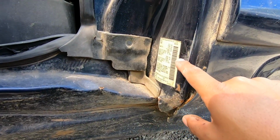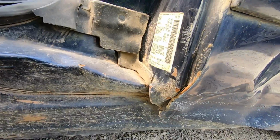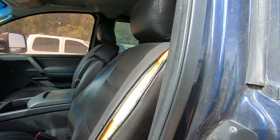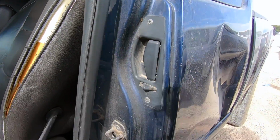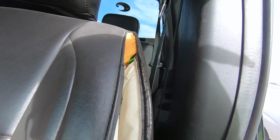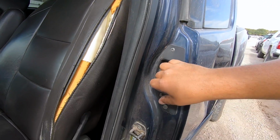There's definitely pillar damage. Or wait, this door opens. Oh, this isn't the pillar. I'm an idiot. You're kidding me. So how does this door even work? I'm really confused here. Where does it open from? It doesn't open from right here because this is the pillar. This is absolutely the pillar. So the door has to...